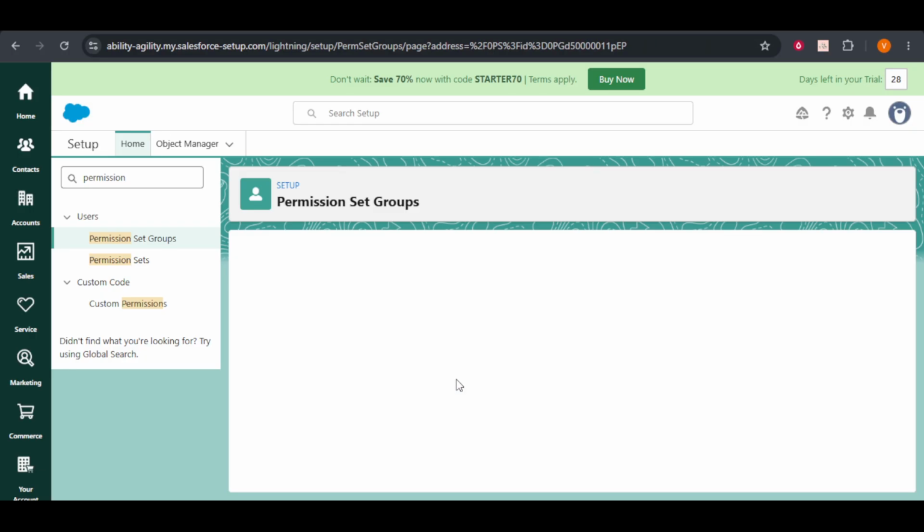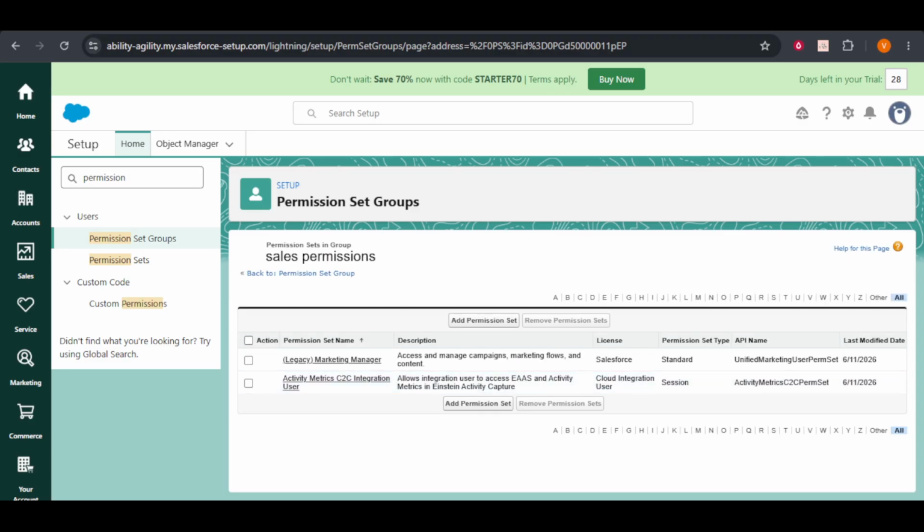Now you have a streamlined way to assign multiple permissions to users or roles with just a single group. This not only saves time, but also reduces the chances of errors when managing user permissions. And there you have it. You've successfully created a permission set group in Salesforce. This simple yet effective method will undoubtedly enhance your efficiency in managing user permissions. Whether you're managing a small team or a large organization, using permission set groups can greatly simplify the process of assigning